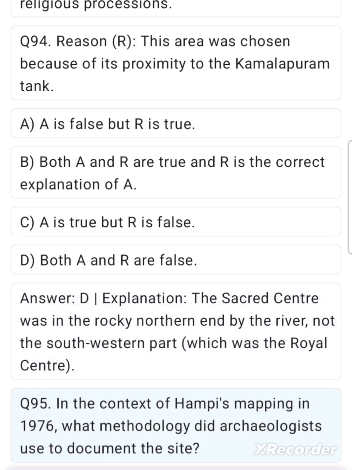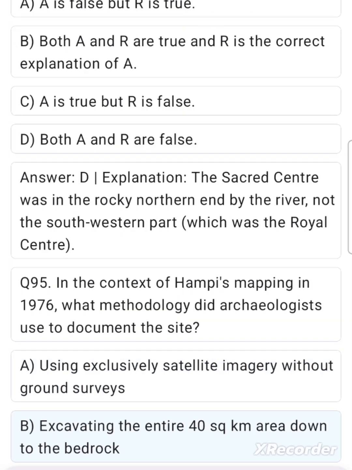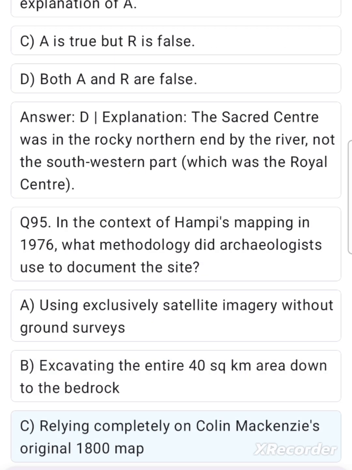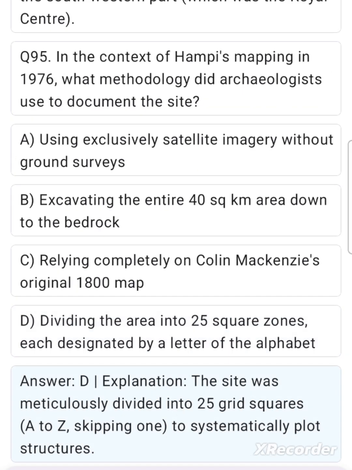Q95. In the context of Hampi's mapping in 1976, what methodology did archaeologists use to document the site? A. Using exclusively satellite imagery without ground surveys. B. Excavating the entire 40 square kilometers area down to the bedrock. C. Relying completely on Colin Mackenzie's original 1800 map. D. Dividing the area into 25 square zones, each designated by a letter of the alphabet. Answer. D. Explanation. The site was meticulously divided into 25 grid squares, A to Z, skipping I, to systematically plot